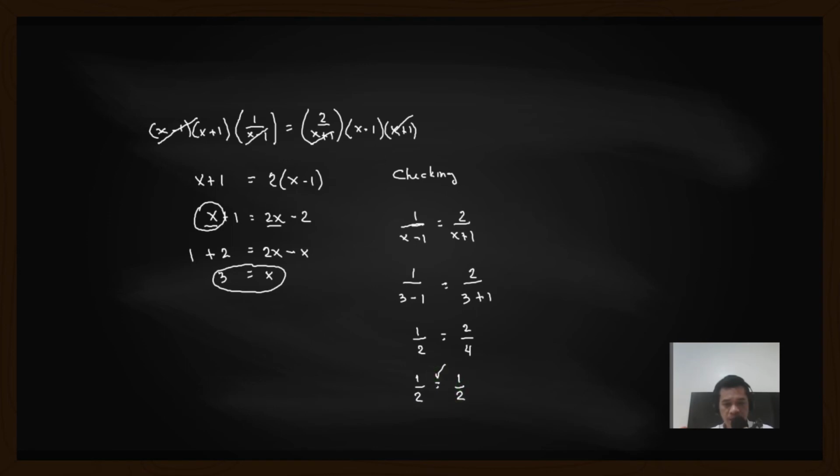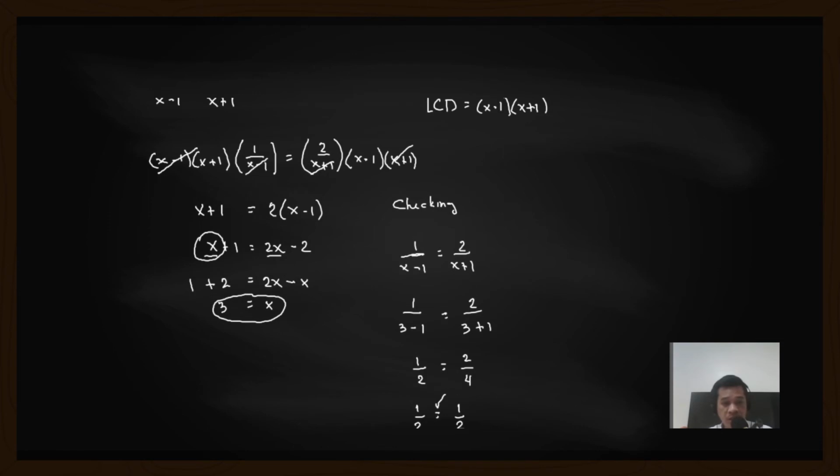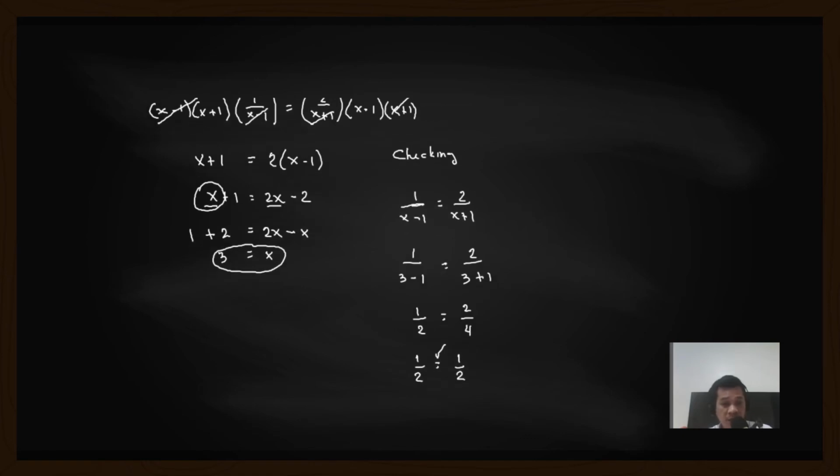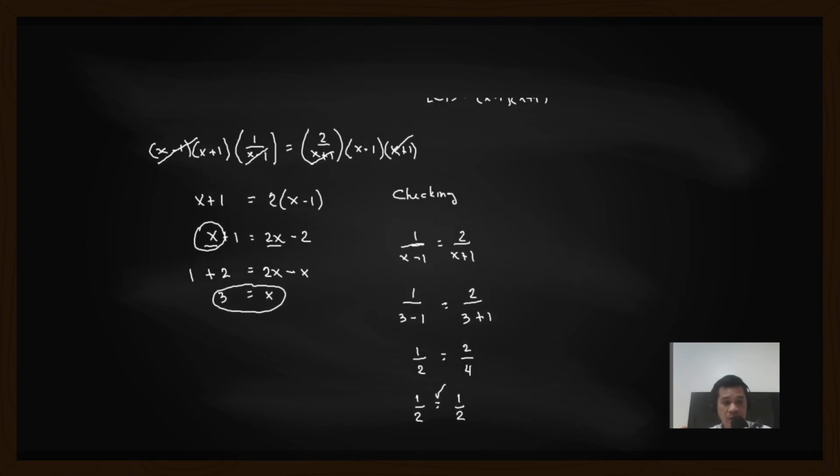So as you can see, both sides are equal, then we can say that the value of x is equal to 3. So it is true, or the solution for the rational equation given is equal to 3. Now, since both sides are equal, we can say now that the solution for the rational equation in number 2 problem